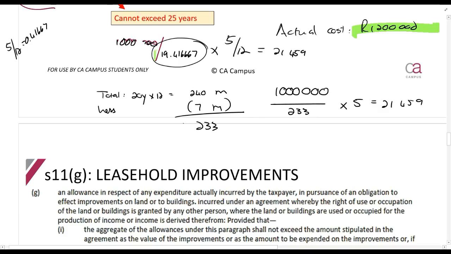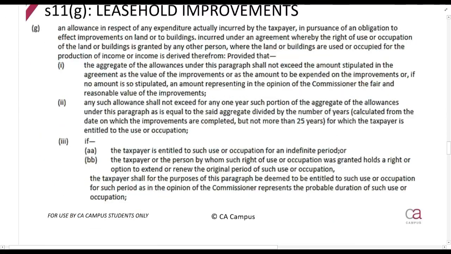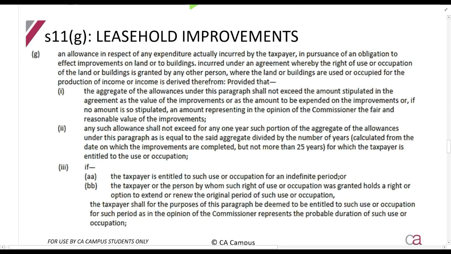My recommendation, if you're not good with those decimals, use this method. It's a bit longer, definitely gets you the results though. You don't multiply it there by 5 over 12 because you are already looking at months there. So here it's just an act. You can claim an allowance